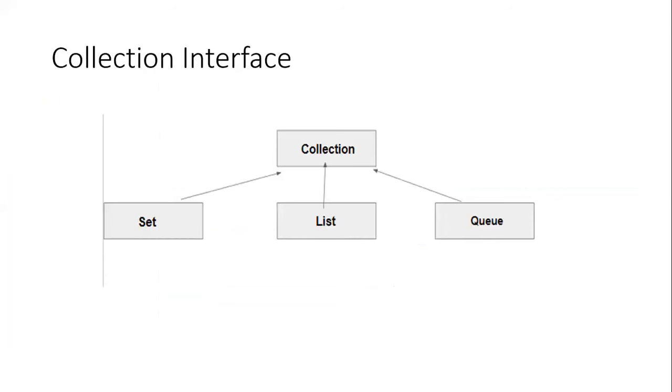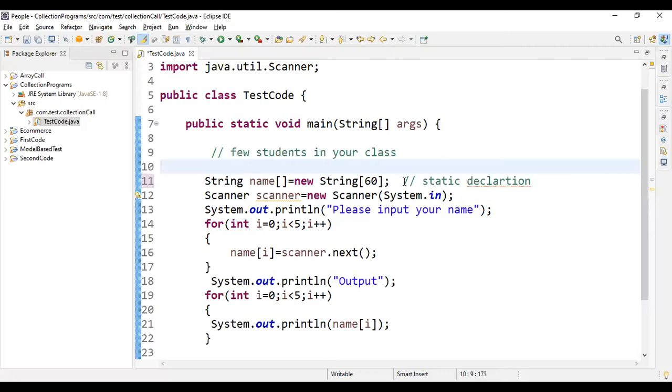All right, so this is the collection interface. See, we'll have 3 interfaces which are set, list, and queue. These interfaces are extending the property of collection because they all are. See, these 3 are interfaces, so they are extending the property of collection inside their structure. Right. So let me go with a basic one,